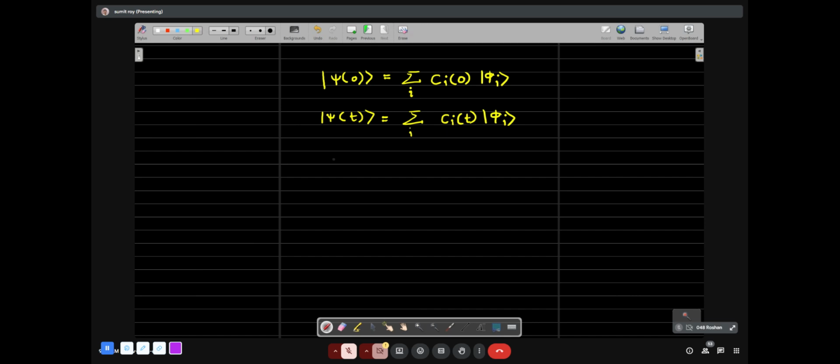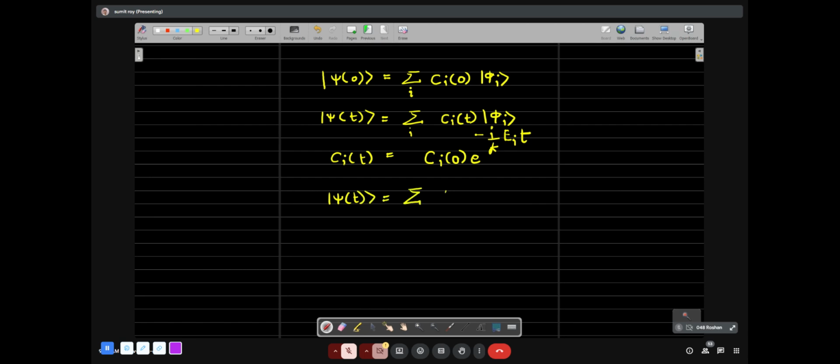And how is Cit related to Ci0? Cit is equal to Ci0 e to the power minus i by h cut Eit. Very good. If we can recall this much only, then we will be in a position to solve the problems on the time evolution. Now, if I substitute this Cit here, then the value of psi t will become